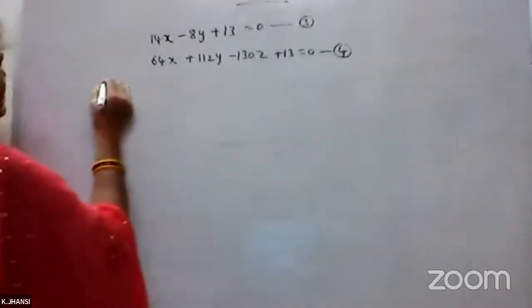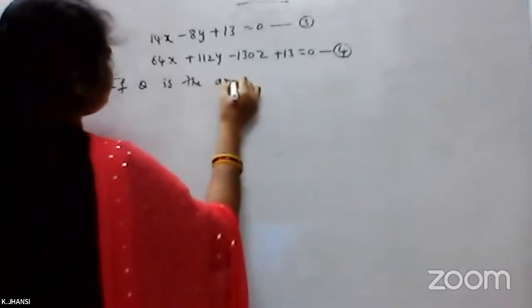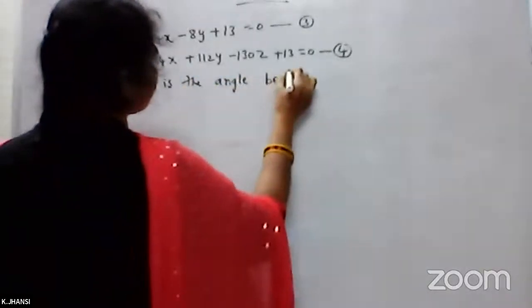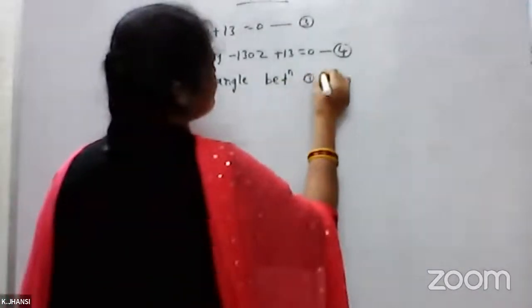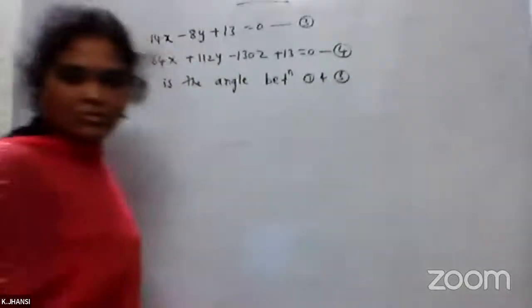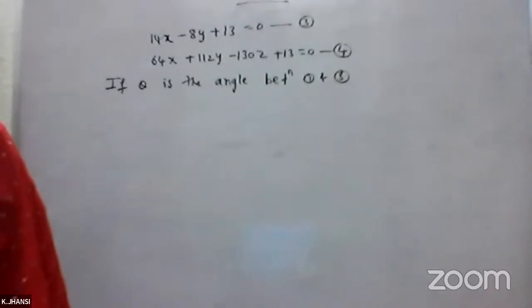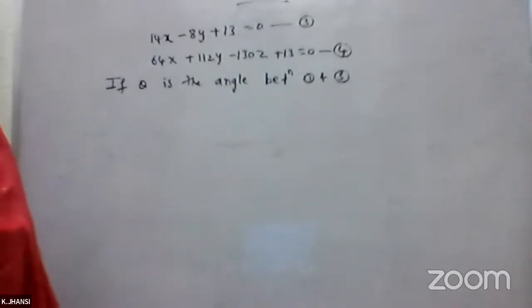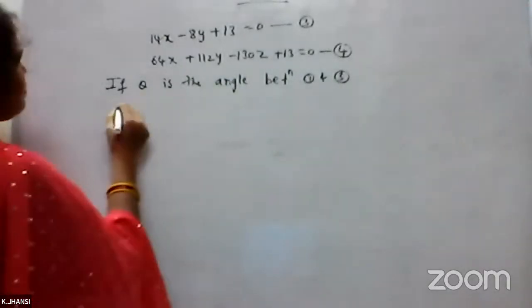So now if theta is the angle between 1 and 3, so in cos theta you substitute the values. So cos theta is equal to